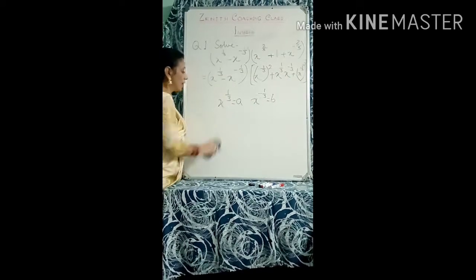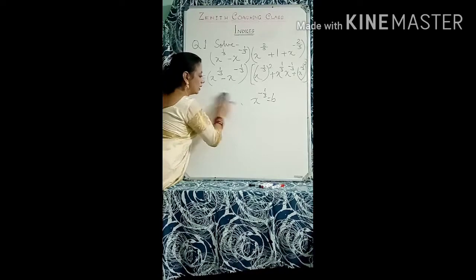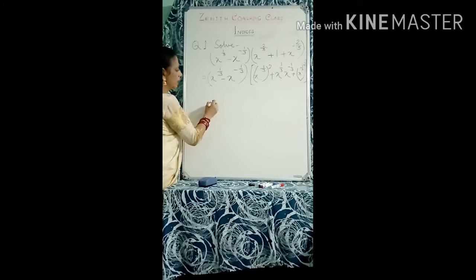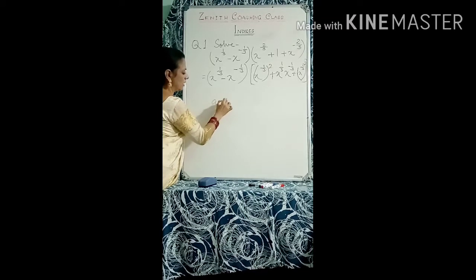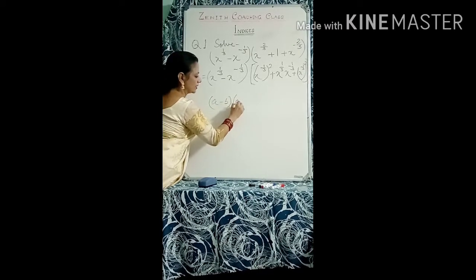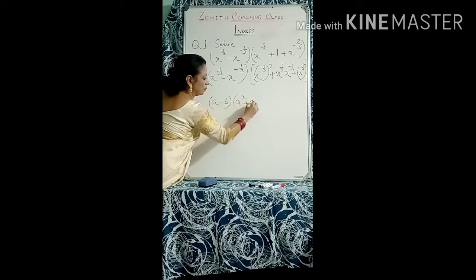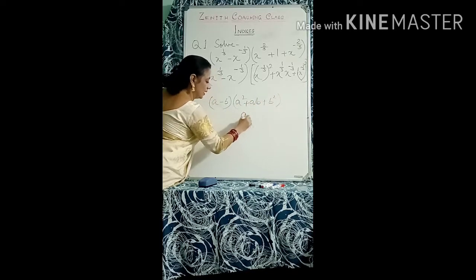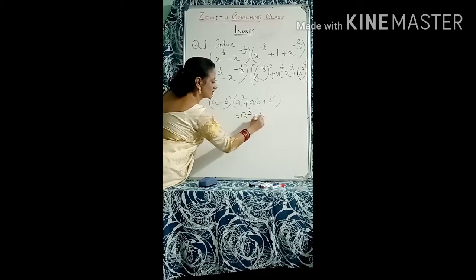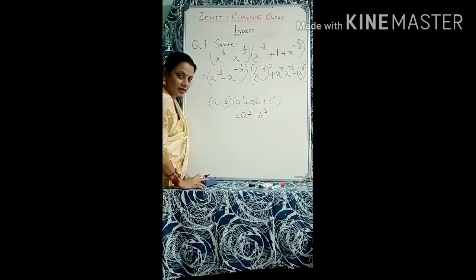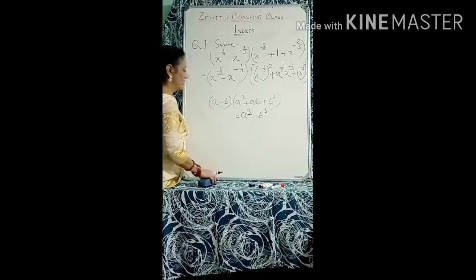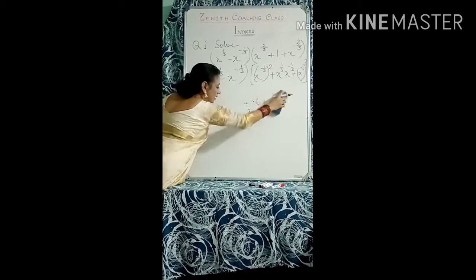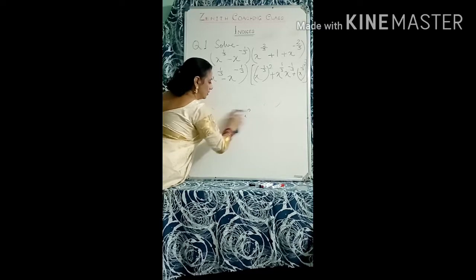So what is the formula? You know the formula. Just remember, a minus b multiplied by a square plus ab plus b square, that is a cube minus b cube. याद आया ये फॉर्मूला? ओके, तो हम लोग ये फॉर्मूला का हेल्प लेते हैं। ठीक है, तो देखिए तुरंत क्या होता है।